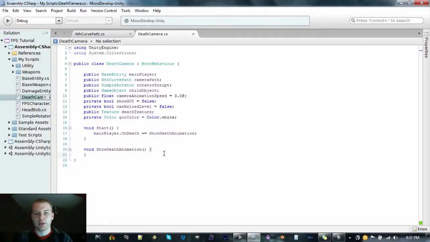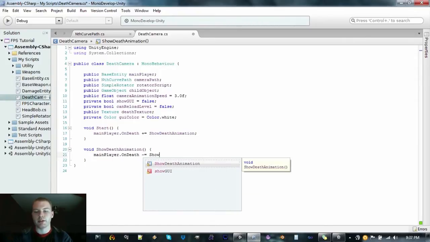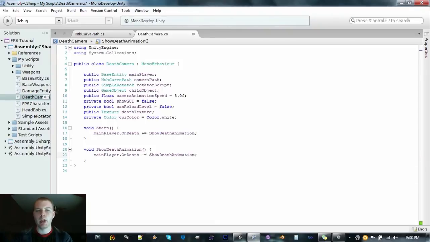Alright, so what are we going to put in our showDef animation? We're going to be starting a coroutine, and then we're going to remove the event, that way it's not called again on accident. So go main player dot onDef minus equals showDefAnimation, and that'll remove it. And then we'll start coroutine,